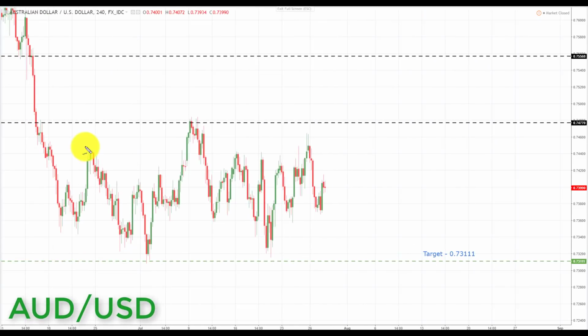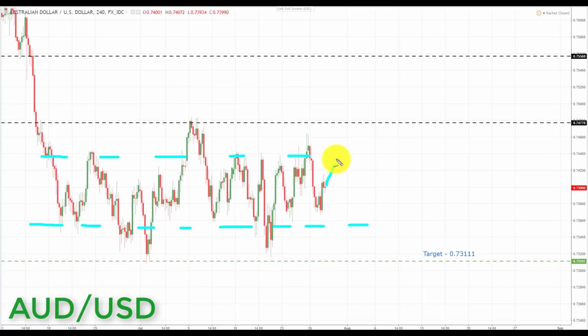Next, we have Aussie dollar. Now, you can see in the Aussie dollar, it's been very, very corrective. We're stuck in this range in the Aussie dollar, and we're just kind of bouncing around in this area. So we were looking last week for a pullback and a retest of 0.74770. We haven't got it. We came very close. So very simply put, we start the week still below the